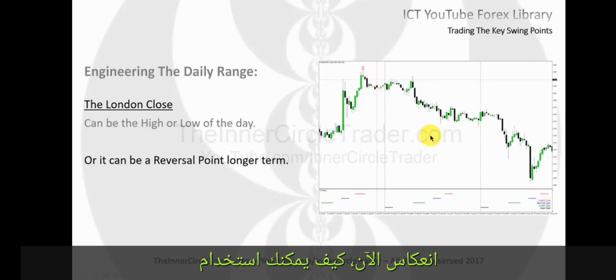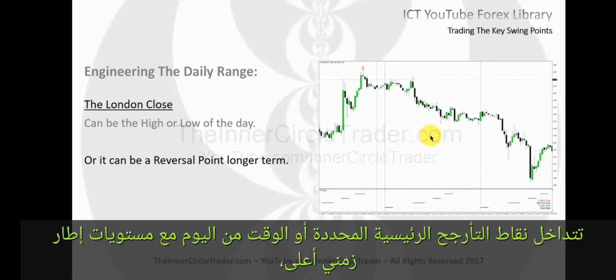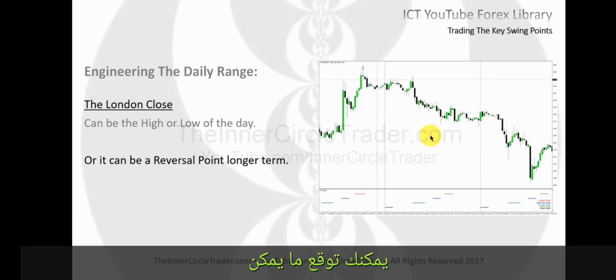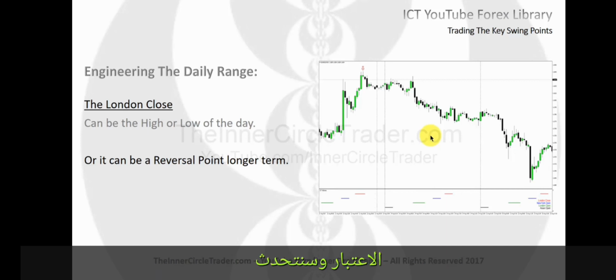Now, how do you use these swing points? You want to be using higher time frame price levels. And when these specific key swing points or times of day overlap with higher time frame levels, you can anticipate what would be otherwise expected on a higher time frame. For instance, if we had a key resistance level that we were watching on a daily time frame, if we came to this level in mind, and we're going to speak hypothetically here